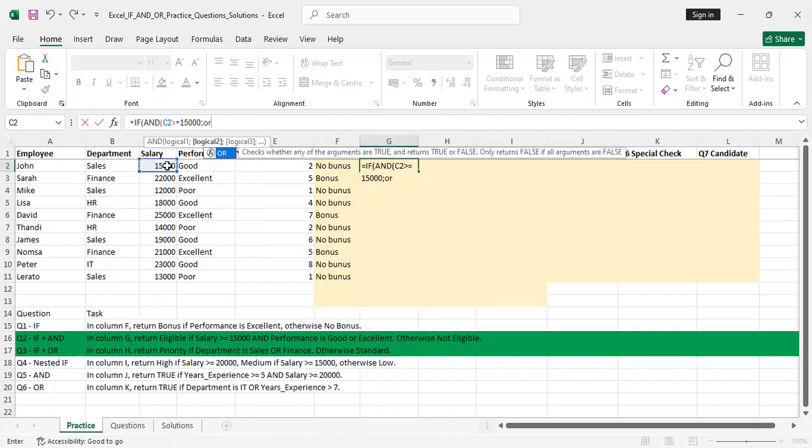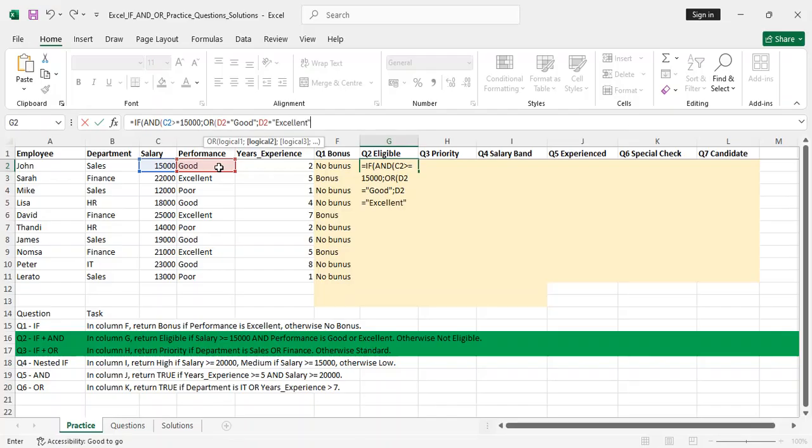So right, they put in or there, you have to put in the OR function, right? And or good. So the performance, if performance is good, right, you have to put the quotation marks there because it's text, and then you use a separator. Or performance is excellent, okay, excellent. And then you close your brackets,